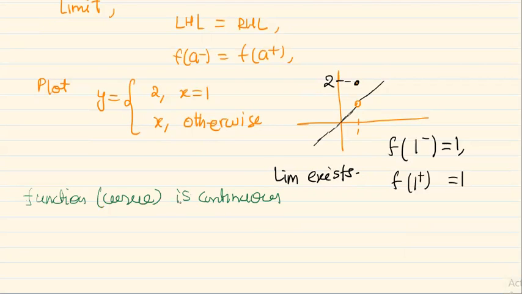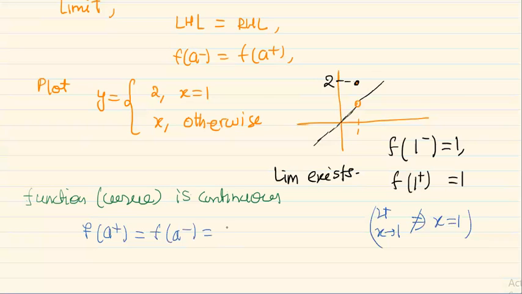So at this point, see, if I say limit x tending to 1, we are not at all bothered what is happening at x is equal to 1, right? But if I say the function is continuous at x is equal to 1, it means the limit of the function, the right hand limit should be equal to the left hand limit and should be equal to the value at that point. Okay, so this is the thing, mathematically.